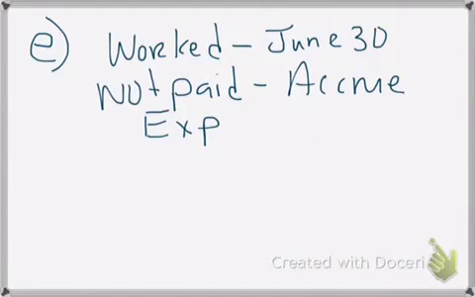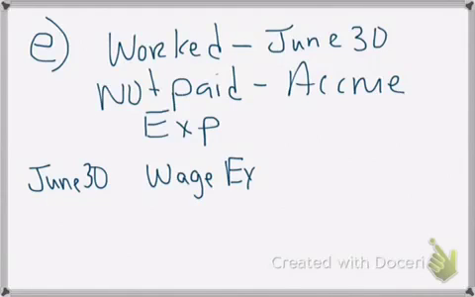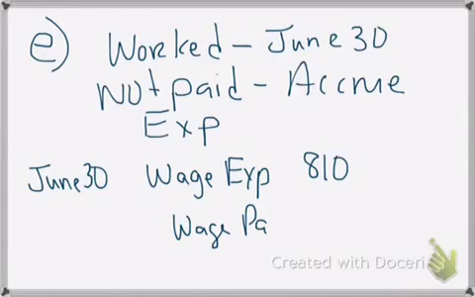For these particular entries on June 30th, you have to accrue the expense, and so we record that expense of $810. The other thing we now have is a wage payable because we owe them this money. They're not going to get paid maybe till next week, but we owe it to them because they've already worked. And being that we are going to prepare statements, we have to make sure that our expenses match our revenues. And in order to do that, we have to make sure that all of the expenses that happen